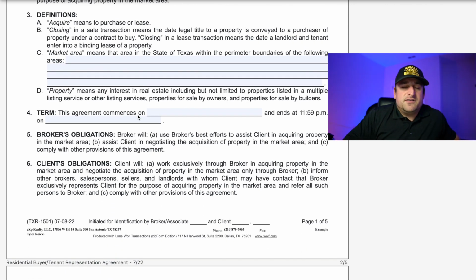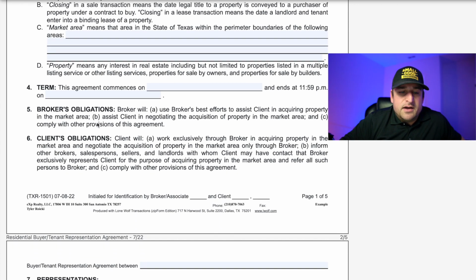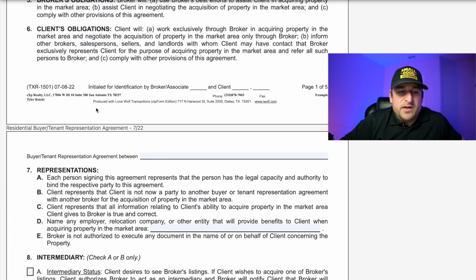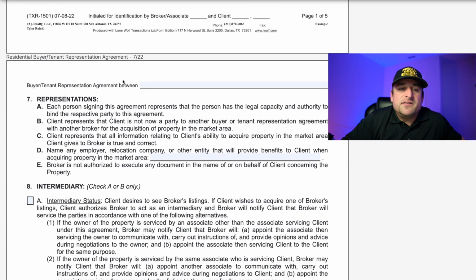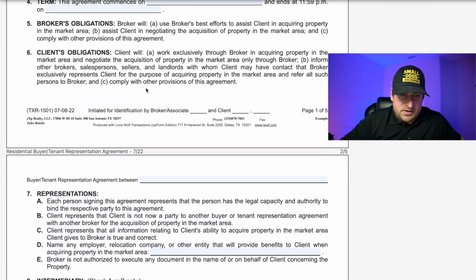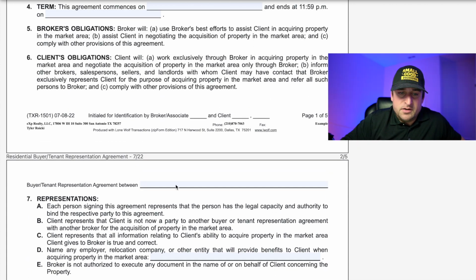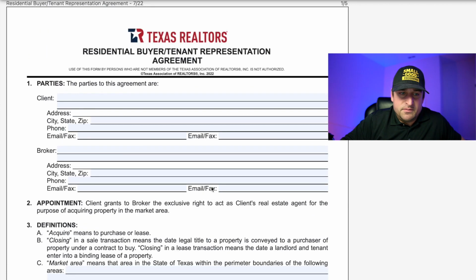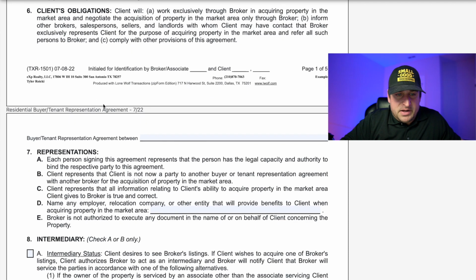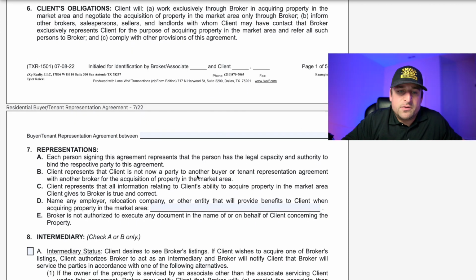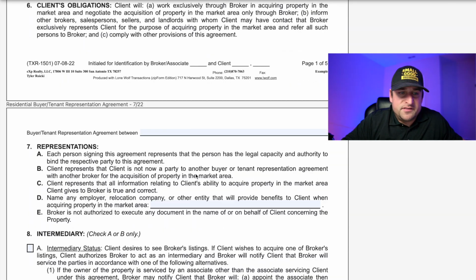Term is when it starts and when it ends. So you'll put the start date, the end date, and you got more language without blanks to fill in. But at the top of this, you're going to see that there's a line, it says buyer-tenant representation agreement between who? So that's the parties. So you'll put your broker, comma, essentially whatever you put here, you'll put there. So you'll put buyer one, buyer two, broker, or vice versa. It's who the agreement's for, and that way all these pages are in reference to the same exact thing